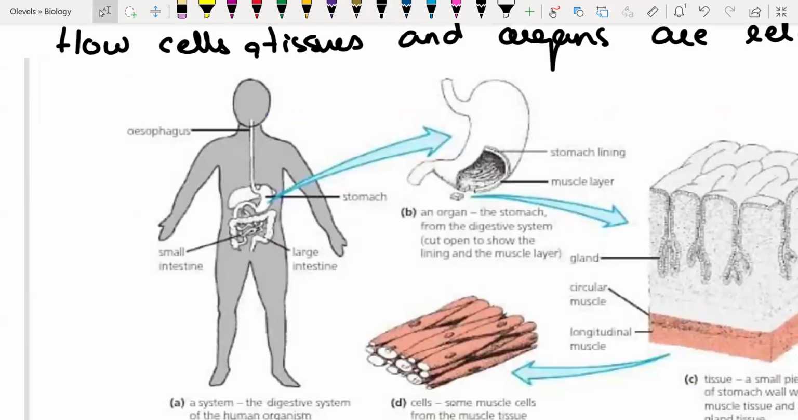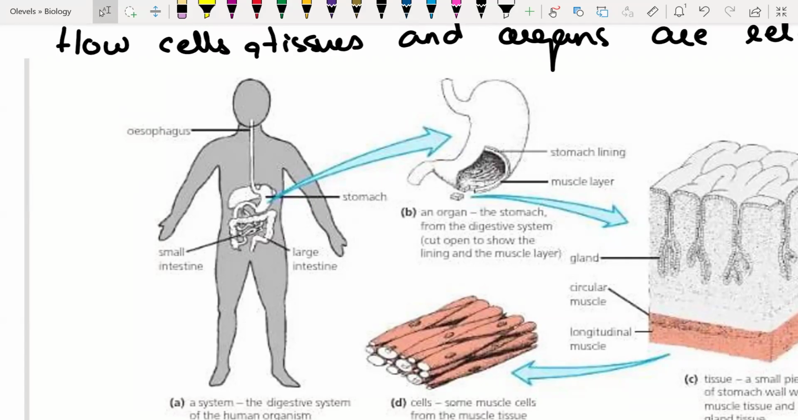For example, if any of these systems is not working properly, let's take the example of kidneys, right? If your kidneys are not working properly, then you have to go for dialysis, right? The function that your kidneys should be performing is done by a machine. Then